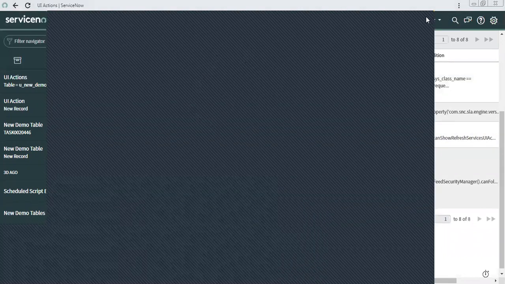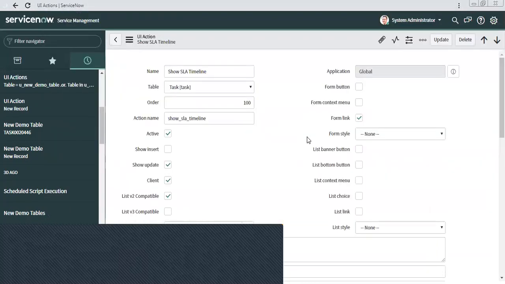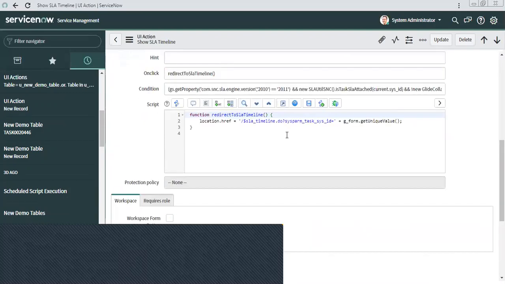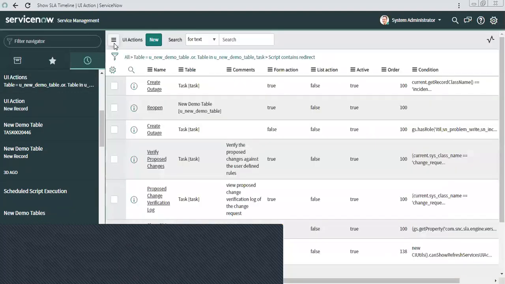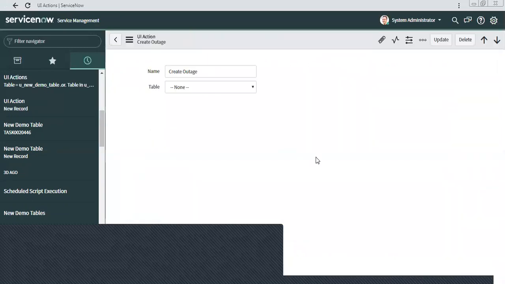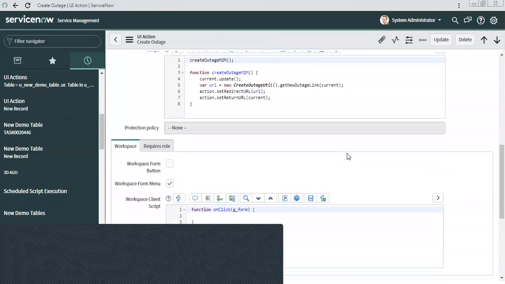So what I will do, I will open this and see what exactly the issue is. A lot of script ServiceNow has also written, right? So you can learn through that one as well. Where is action dot set redirect URL? Okay.